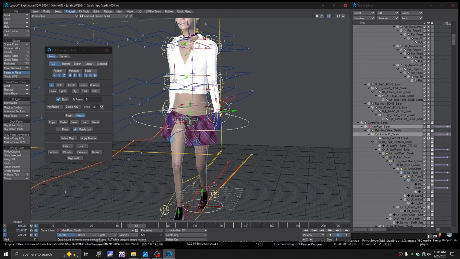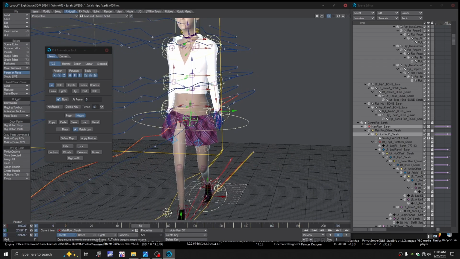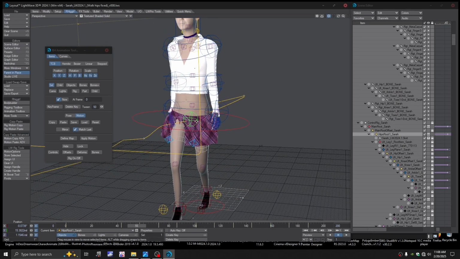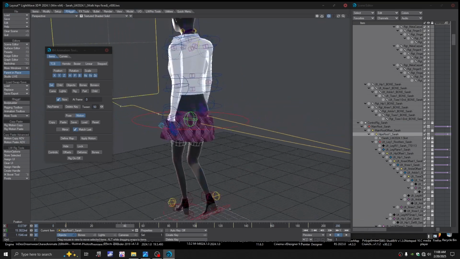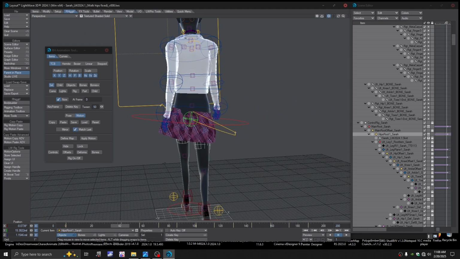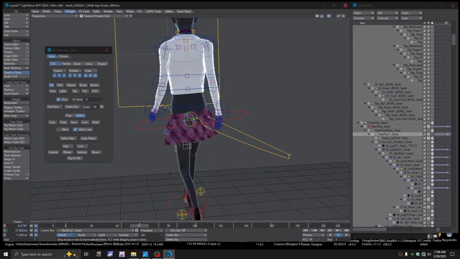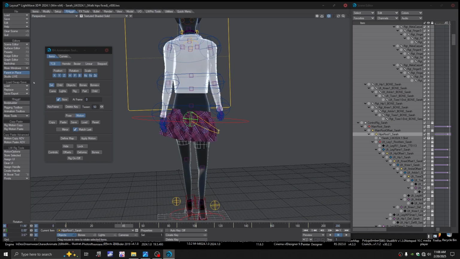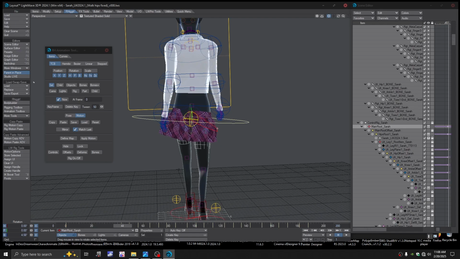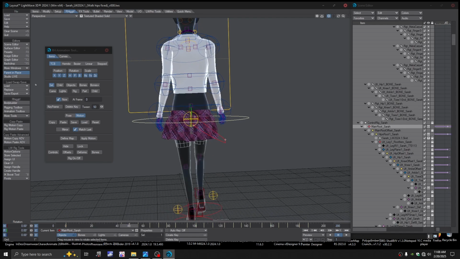Alright, so we go over the hip movement I did. I used the hip's root to wobble her, to get the wobble she needed, but it wasn't really enough. I mean, it's really lacking. It's just a little bit of shake, but no actual sway. So I had to actually move the main root to give her some sway,